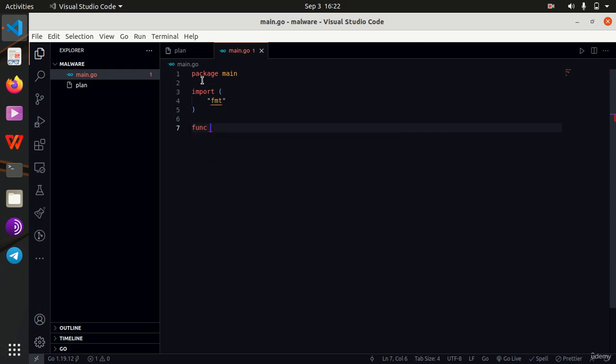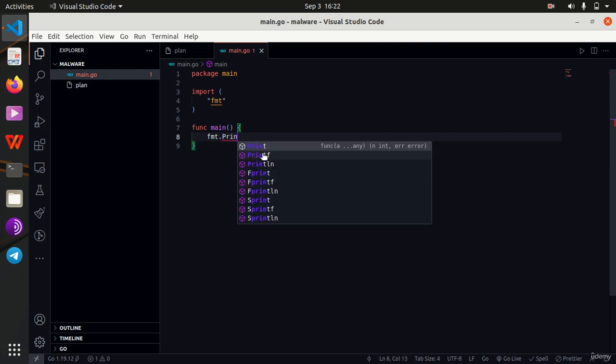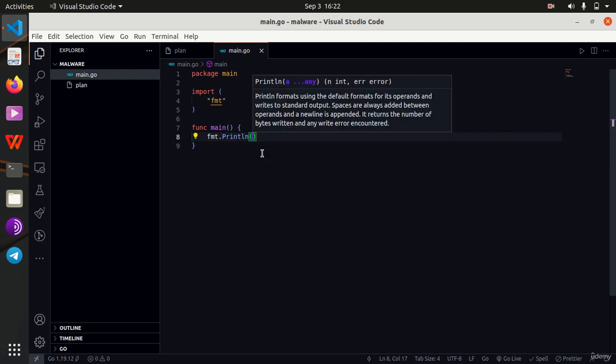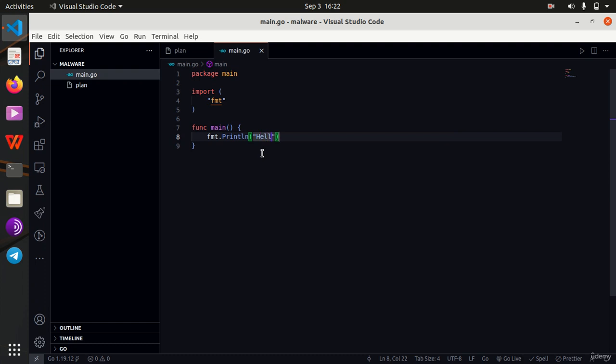The same applies for Go, and so I'm going to create the main function right here, func main. The func keyword is for creating functions, and inside of here we are going to use the Println method of the fmt package, which simply prints out a line of text, and in here we are going to type in our string. And that is it for our first program.